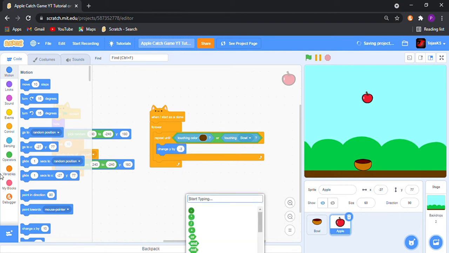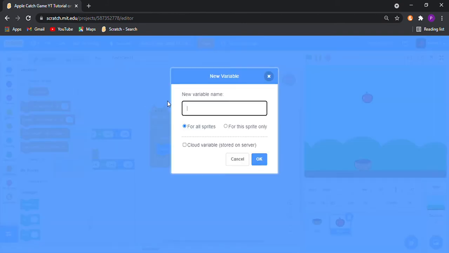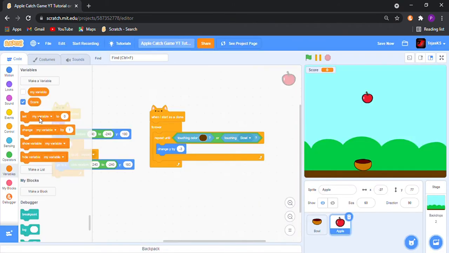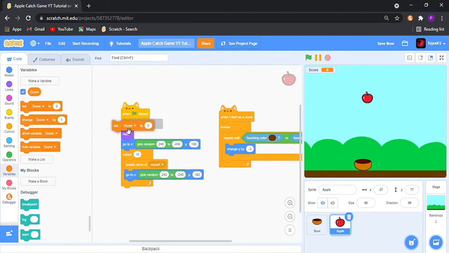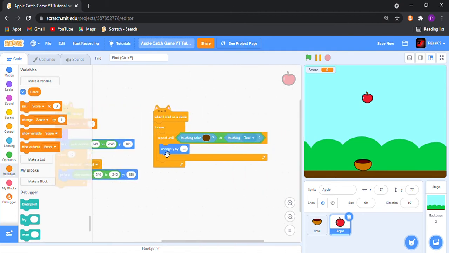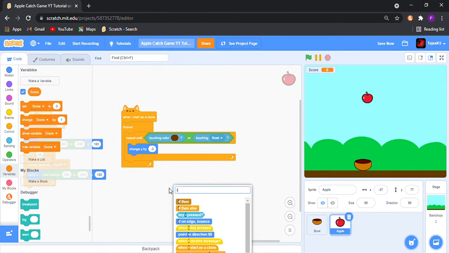Now we will make a new variable. I will name it score. We can delete this my variable. And over here when green flag is clicked, set score to 0. And now get an if block.